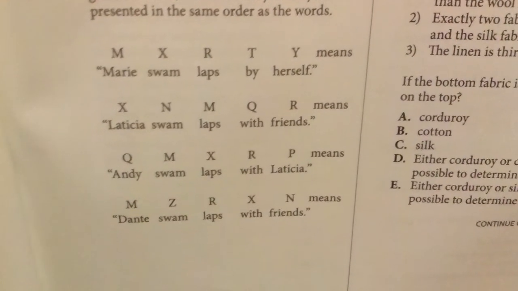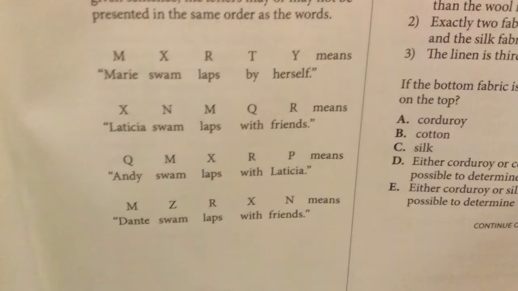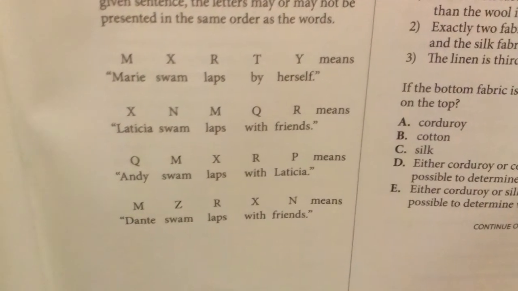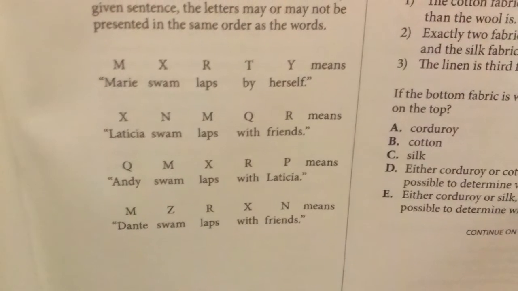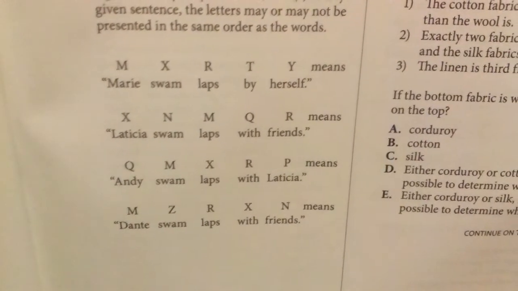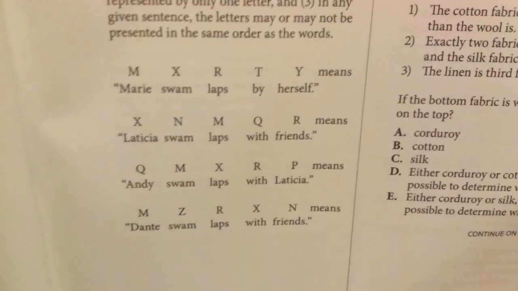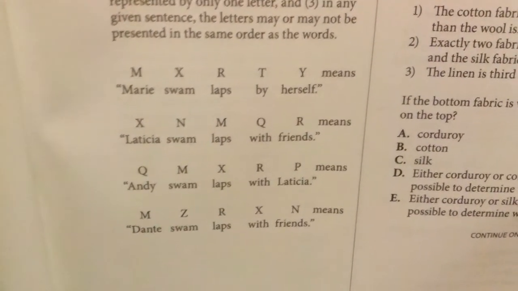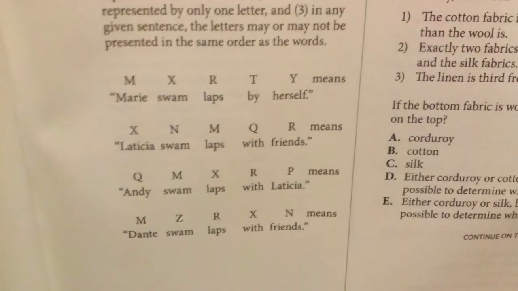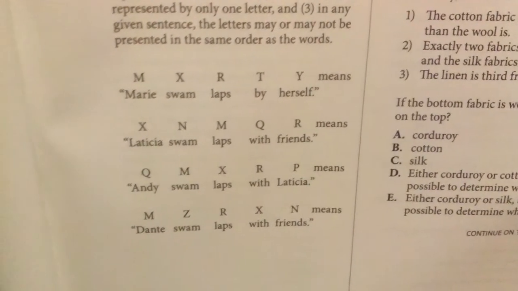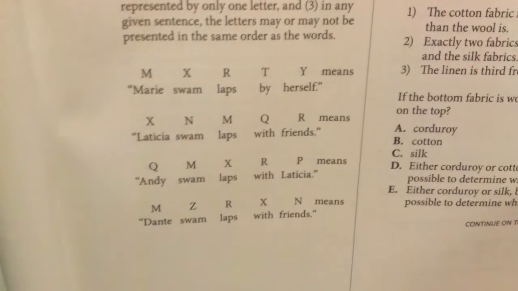Each of them have some number of words, and then above the words there are letters, and each letter there corresponds to a word in that sentence, right? So there's letters above, and then below the letters there are words. Every letter above the words in that sentence corresponds to a word in that sentence, but not necessarily the one above it. So, for example, Marie doesn't have to be M,